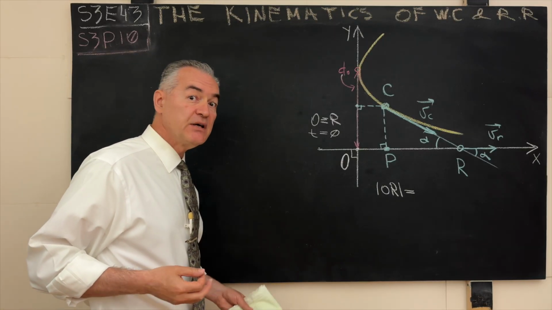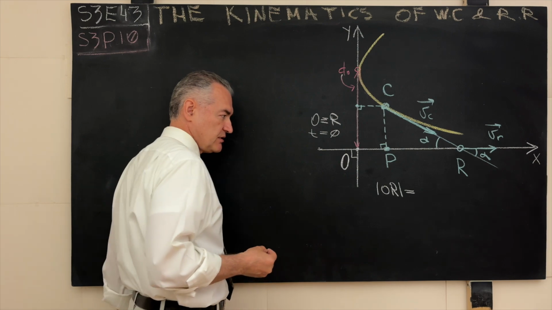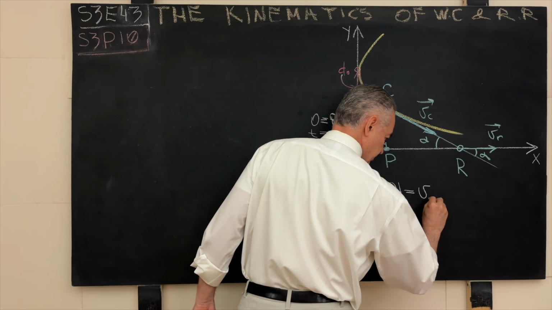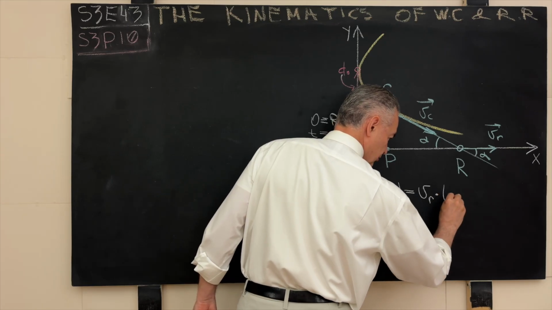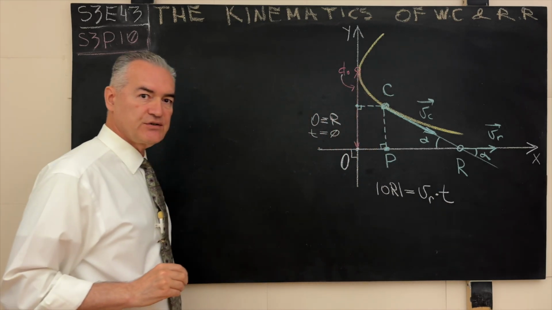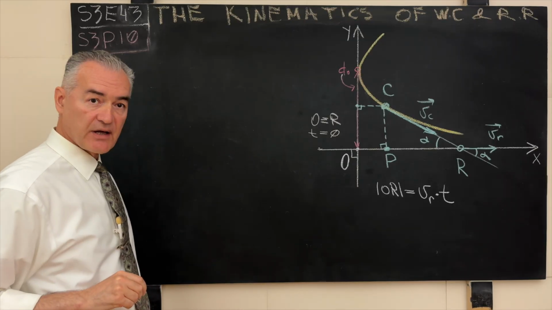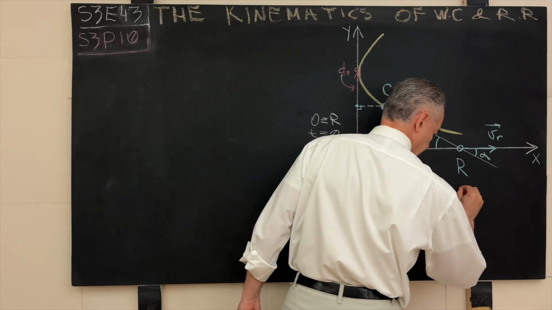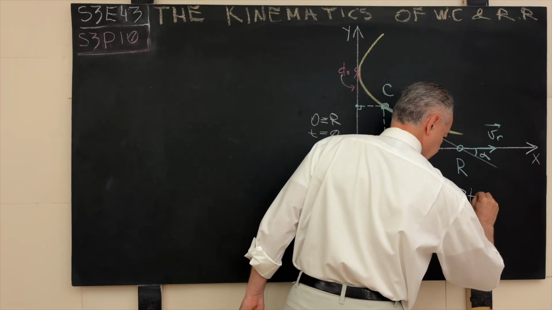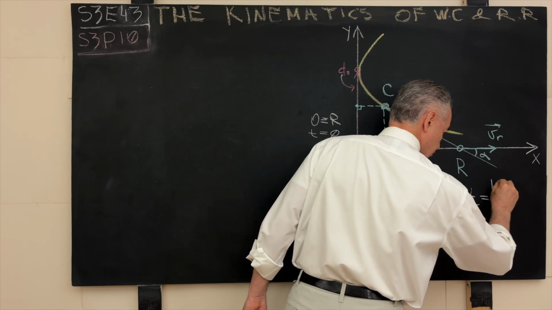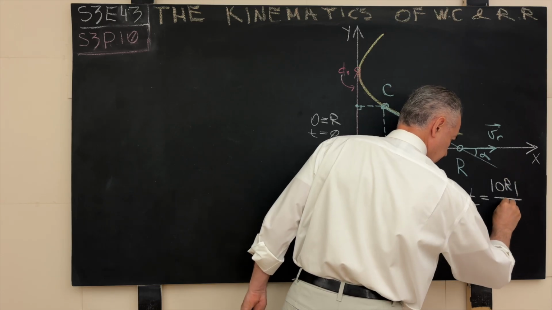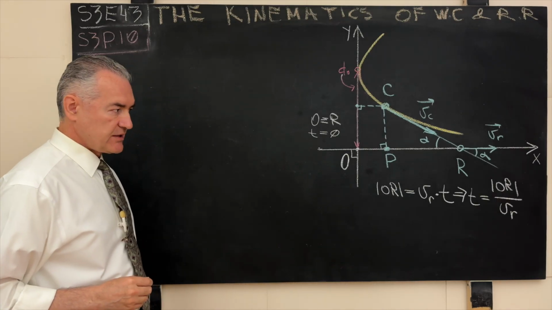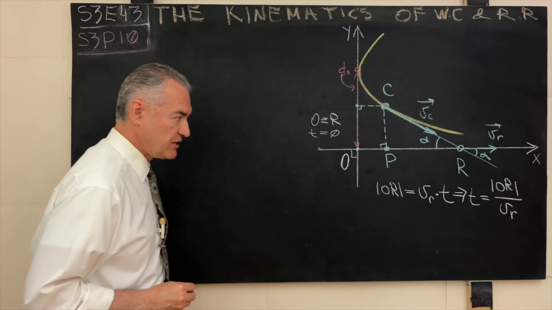This is basically middle school observation. This is not even college physics. So this will be the velocity of the runner, VR, times the unit of time t, because the motion is uniform and in a straight line. Wonderful. So from here, what does it follow? Again, this is a baby step. The time t is equal to the distance OR divided by the magnitude of the velocity of the runner, VR.